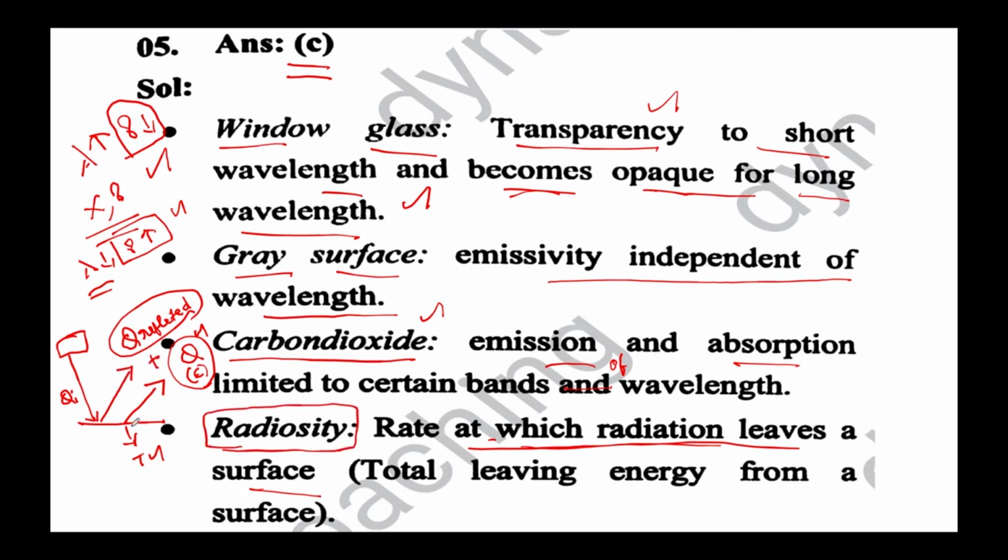So once again, I'll try to repeat this term radiosity. If you take a surface at a particular temperature, it will definitely emit a certain amount of heat radiation. And imagine that a certain amount of heat has been incident on the same surface; a few amount of heat would have been reflected. So all the radiation which is leaving the surface is called radiosity, which means reflected plus emitted. Both will be added and put together under a single term called radiosity, right?